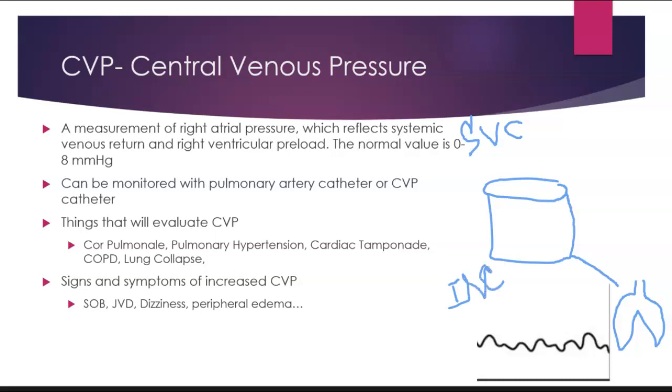If this glass isn't emptying completely, if it just keeps getting fuller and fuller and can't empty into the lungs appropriately due to anything that causes increased pulmonary vascular resistance,